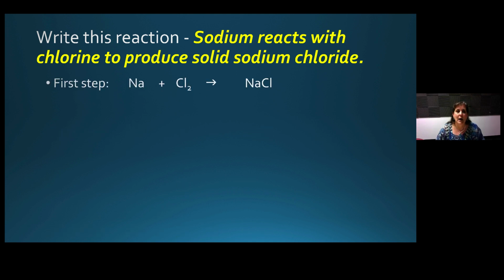All right, the first step, sodium is Na, plus chlorine gets a 2 because it's diatomic. Have no fear of ice cold beer, Cl2. And then we have our metal and our nonmetal. Sodium is a +1, chlorine is a -1. That is 1 minus 1, that already adds up to 0. So it's good. You need 1 sodium and 1 chlorine, NaCl. That's the first step. Make sure your formulas are correct. If you have a metal and a nonmetal coming together, you have to check the charges. +1, -1 for NaCl.